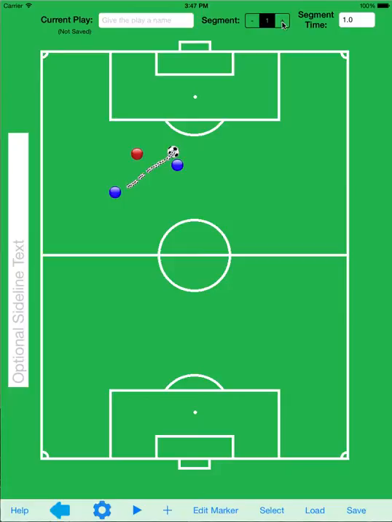Then to move on to the next segment, click again and make the next movement. We can repeat that for the third segment. And similarly for the fourth segment. Now this is where we're going to end the play, so we want to make sure to give it a